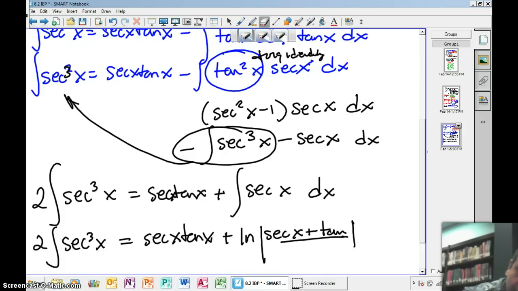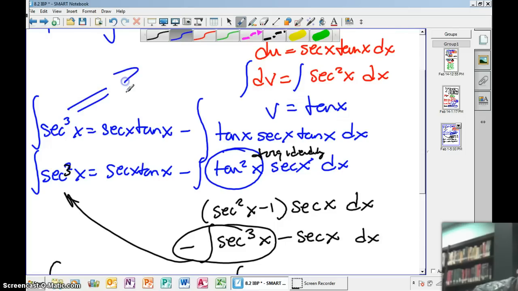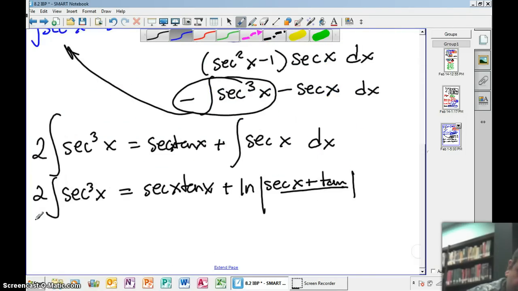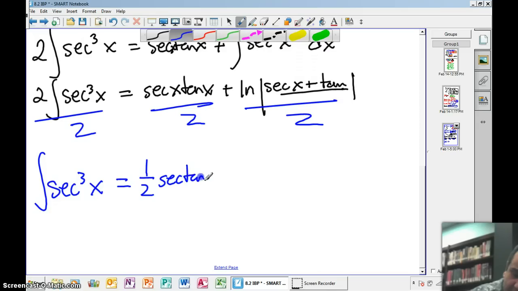So now, what I'm going to do is, in the beginning, I wanted to know what secant cubed was. I didn't know. So now, all I'm going to do is divide everything by 2. So I'm going to get the integral of secant cubed x equals 1/2 secant x tangent x plus, I forgot the x's on those, sorry, plus 1/2 natural log